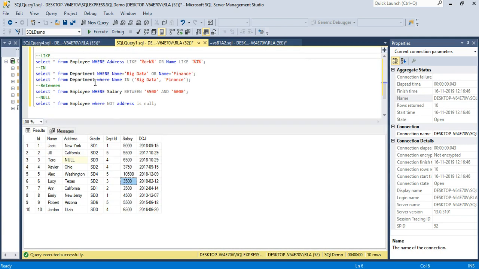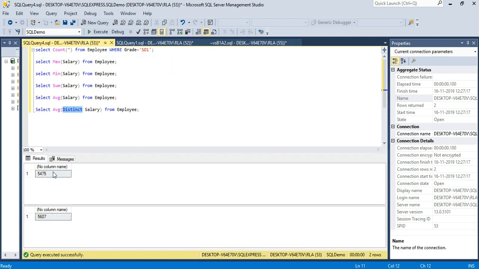And distinct will give only the distinct values and then takes out those values and the average is set out. And this is our average salary of the employees. Okay, so